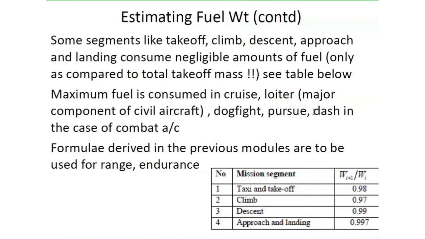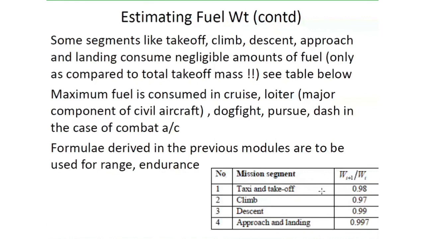So for range and endurance, we already talked about how to estimate the initial and the final fuel consumption. But for the other things, the takeoff and taxi, the ratio will be 98%, meaning that if you started with 100 liters, from taxi to takeoff you would have consumed 2 liters. Okay, from takeoff to climb, it is 0.97. So 3% of whatever is left. So if I'm looking at total fuel consumption, sorry, taxi, takeoff to climb, then I have to multiply these two, 98 into 97. That will be the amount of fuel left after climbing to the